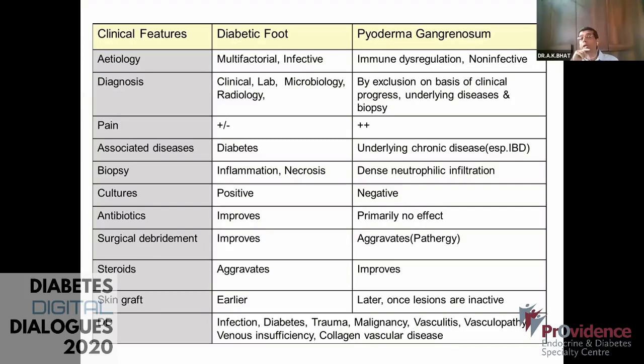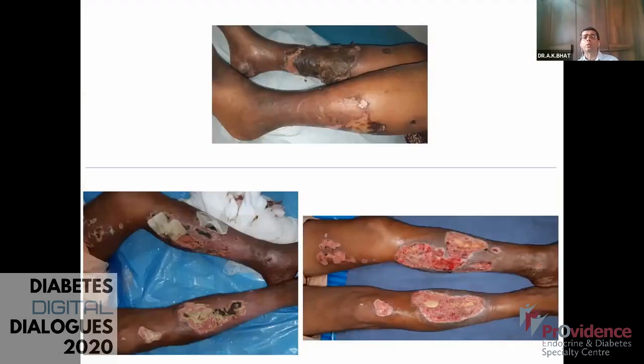And in fact, you have a phenomenon called pathergy, where the debridement, which is usually done in diabetic foot, which causes improvement, in pyoderma causes an aggravation of the problem. And once you do the biopsy, then you can probably start them on steroids. And you know the differential diagnosis, again, the elaborate workup which you'll have to do. So these are a few cases of pyoderma gangrenosum, which ultimately after starting steroids, are debrided and then ready